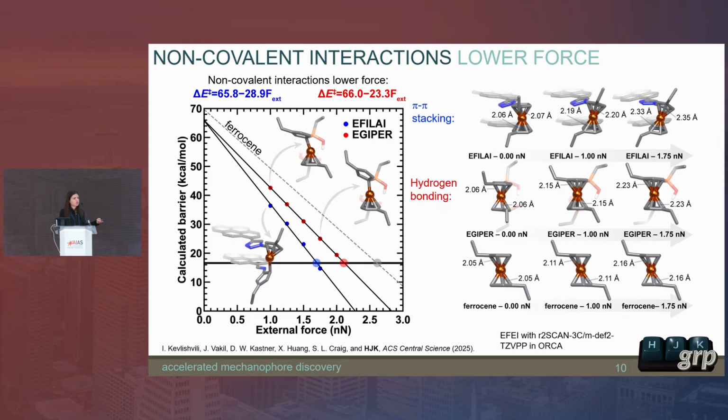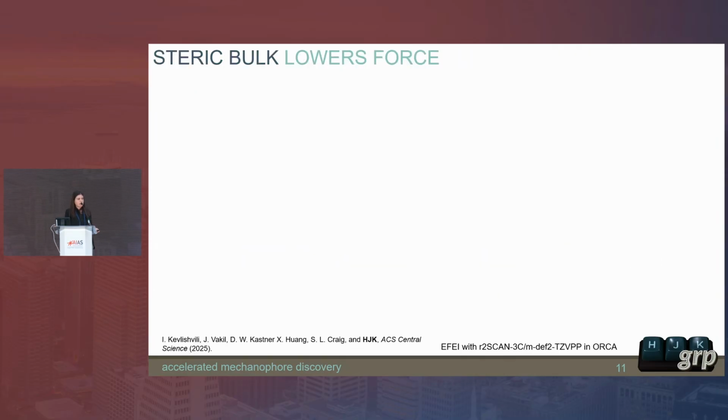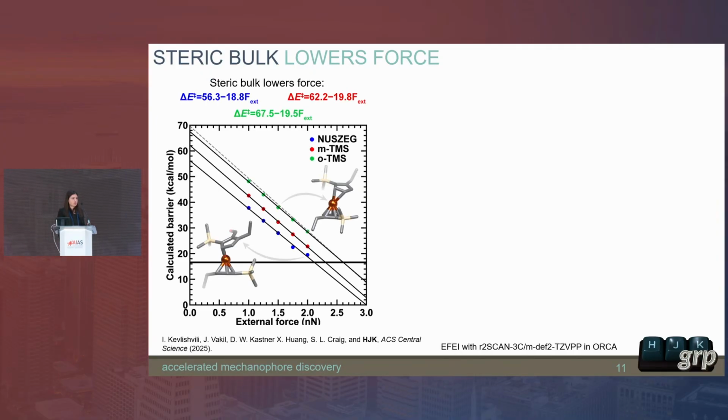pi-pi stacking. So these are all of the things that, again, are not too surprising, and expert chemists could have predicted that all of these would happen. So here's where the surprising thing came about. So we had also noticed that steric bulk seemed to lower force. And in particular, we pulled out this one particular example, which is identified by its CSD ref code NUSSEG. And in this one, we have a TMS group